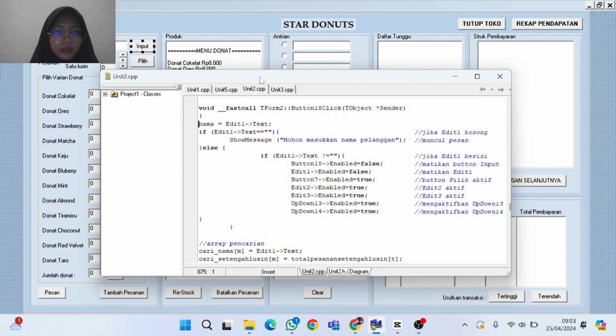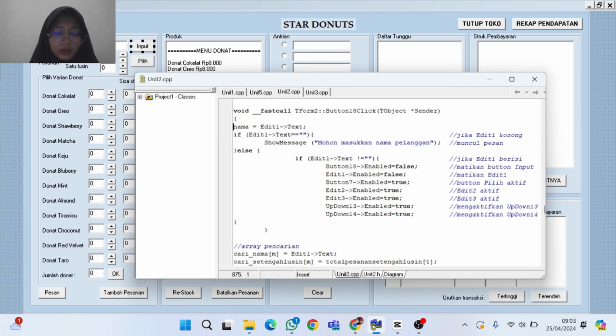I declare the name in edit 1. I use branching: if edit 1 is empty, the message please enter customer name appears. If edit 1 has been filled in, then the select button will be on and edit 1 will be off.